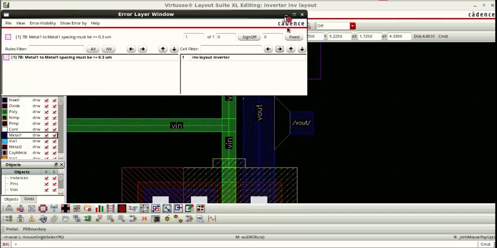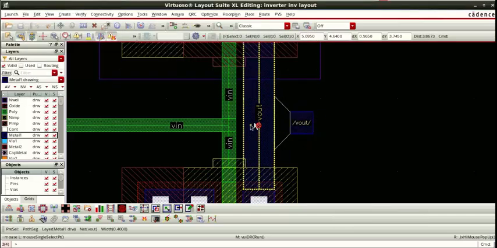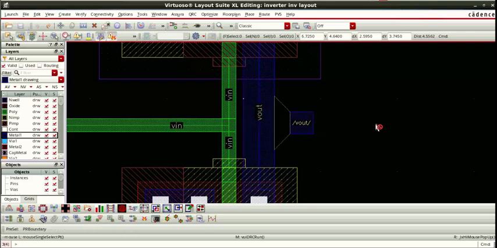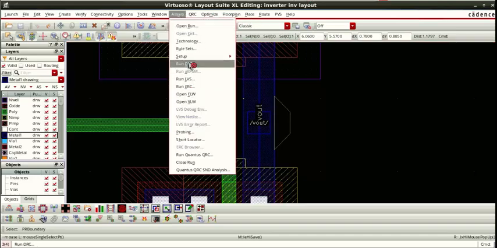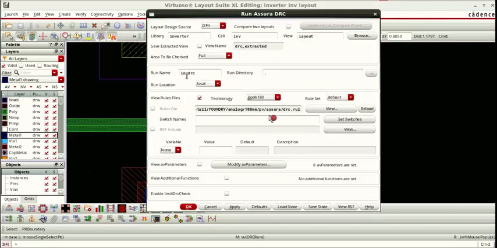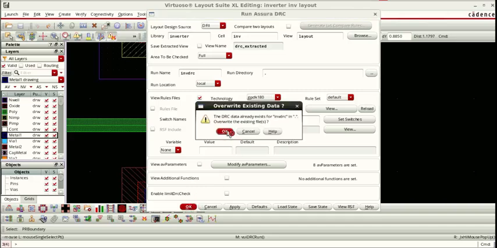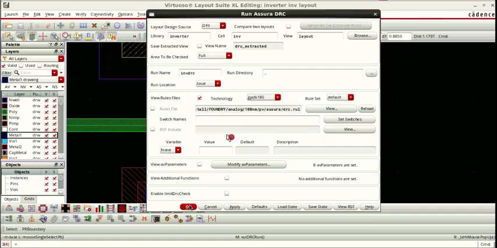Yes, we can see that here this V out should be here or one metal should be here. So let us do that. Select this V out and press here, keep it here. Okay, again we have to save it, then same procedure, Asura. Now this time technology no need to select because this has to be done only once. So run DRC, see same name here, technology GPTK 180 is showing, it will show if it is selected once. Okay, it's asking for overwrite because it's the second time we are doing it. Okay, yes.